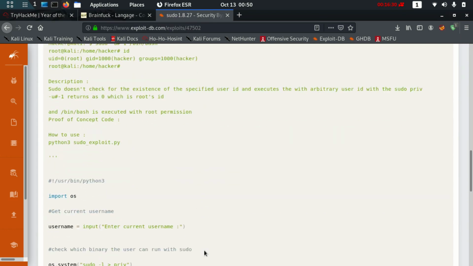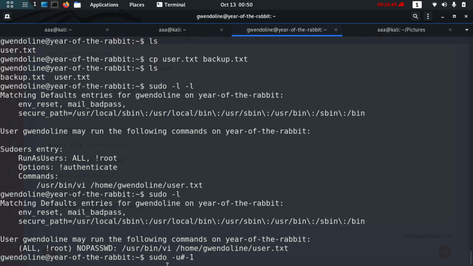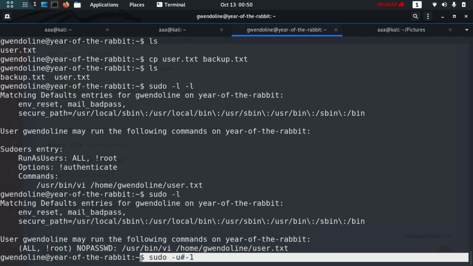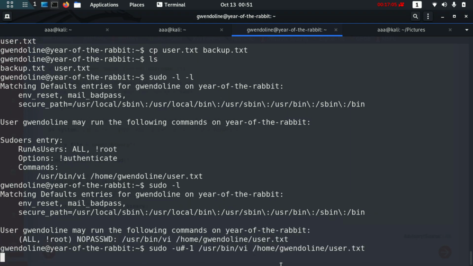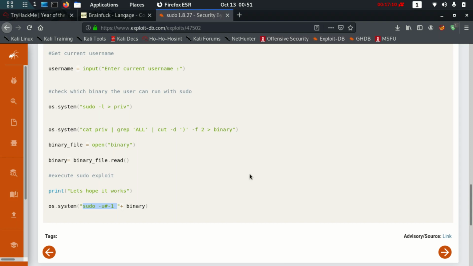You have allowance to do that. The only thing you need to do to bypass that is type sudo -u #-1, and the binary over here is the one which was there in the code. So now I can run this as sudo. Yeah, now it will work, even though it was not allowed at first, but after typing this, because of the vulnerability, I can actually run this as root. Okay, now this is the command which I am not allowed to run. So obviously let's run this, and we have some lines over here.